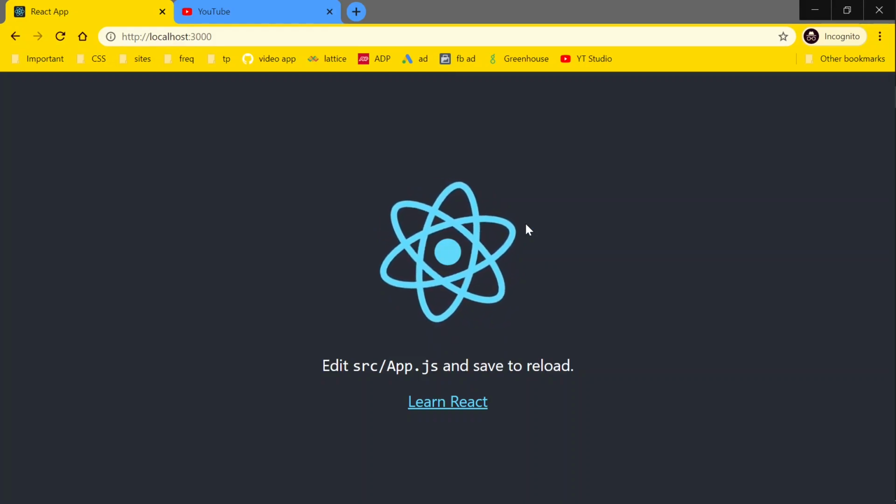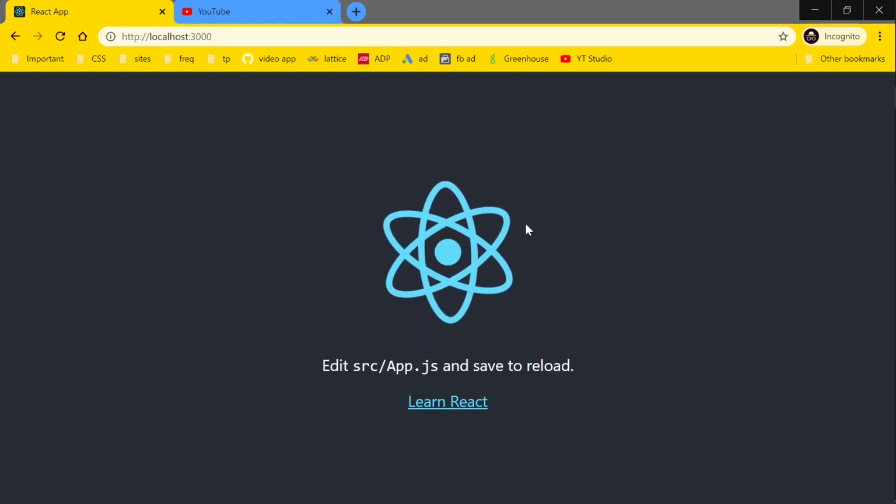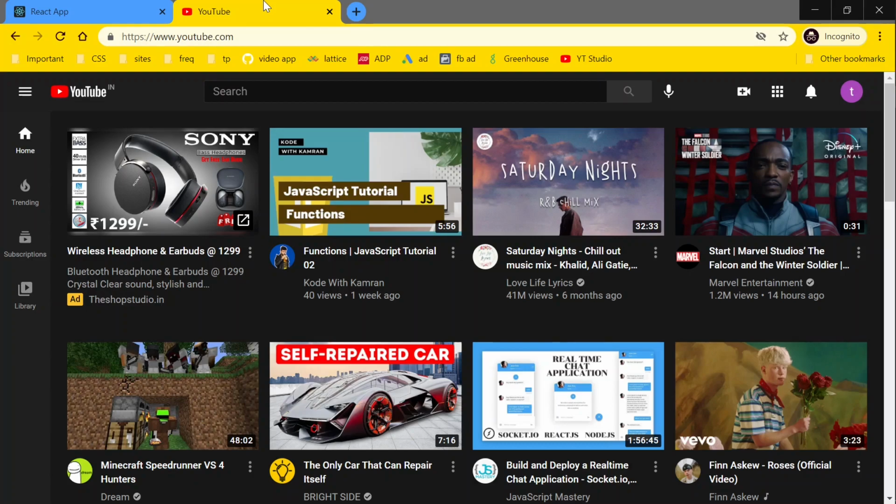So first we are going to analyze what exactly the home page of a YouTube looks like. So this is the home page of a YouTube. So here we can see that there are three major parts of this page. One is the header, where you can find the logo, search bar and other options on the right hand side. Whereas on the left hand side we have this sidebar onto which we have 4 menus, and then we have this list of videos displayed over this main body. So basically here we have to create 3 different components in our application in order to get started with this project. We are going to create the exact replica of this page.